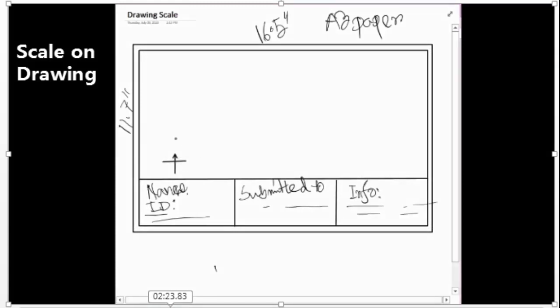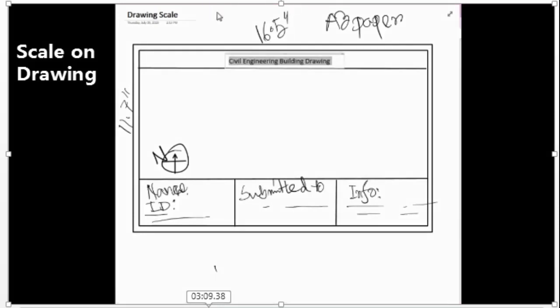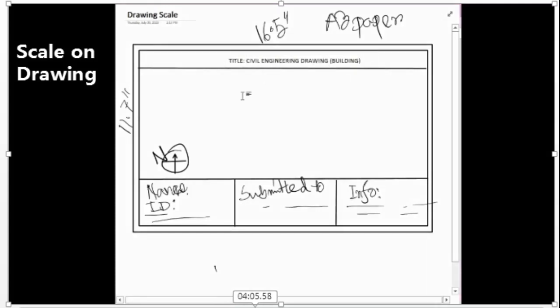Then our task is to show the north direction like this, and then we'll have to define another space. As you know, there we show the title of the drawing, as you are mentioned to write down. So it will be the title, written in capital block letters. We will write this as title, civil engineering drawing building, for example. Okay,